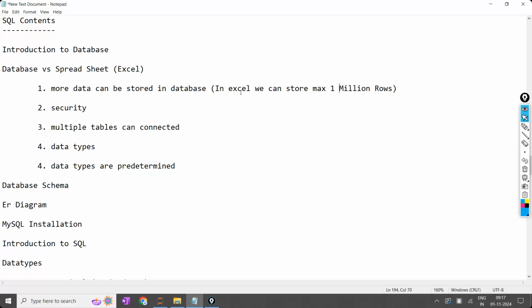Whether you want to store in the hard disk or pen drive, first it has to be stored, the structured data has to be stored in the tabular format. Table will be already available in the Excel sheet. They'll ask the immediate question, why can't we use the Excel? It is very simple, right? Now, when compared to Excel, we can store more data in the database. That is one advantage. Second one is security.